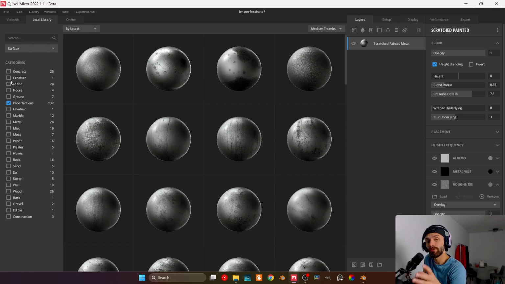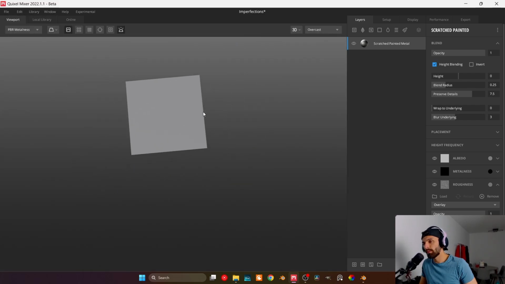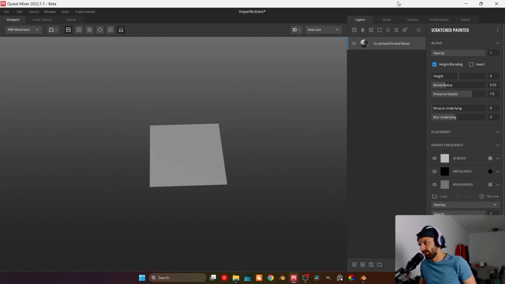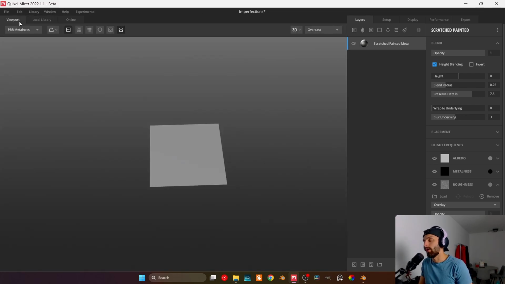However, I will use it for imperfections. And actually I did set this up a little bit. So all you need to do is come in here. Just open a new Quixel Mixer file and leave it with the plane that it has by default. It's perfectly fine. All you need to do is choose an imperfection you like, and with that, all